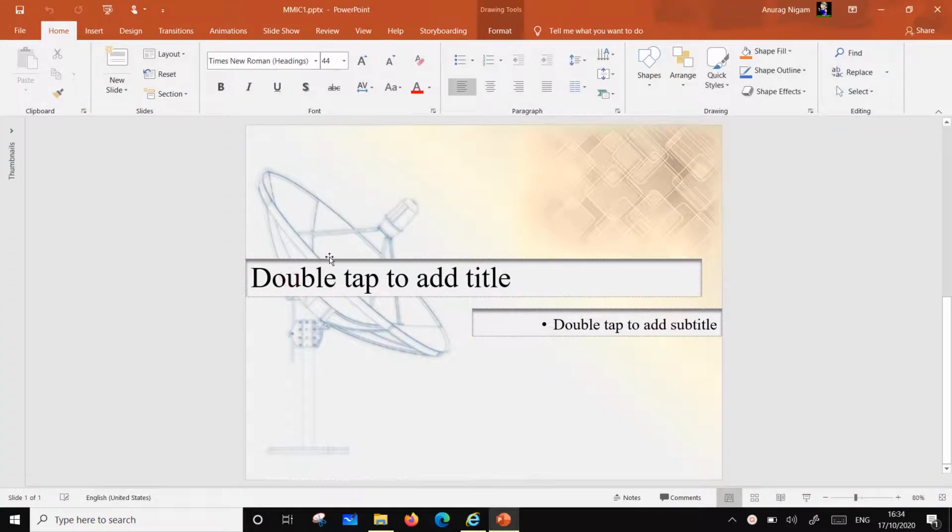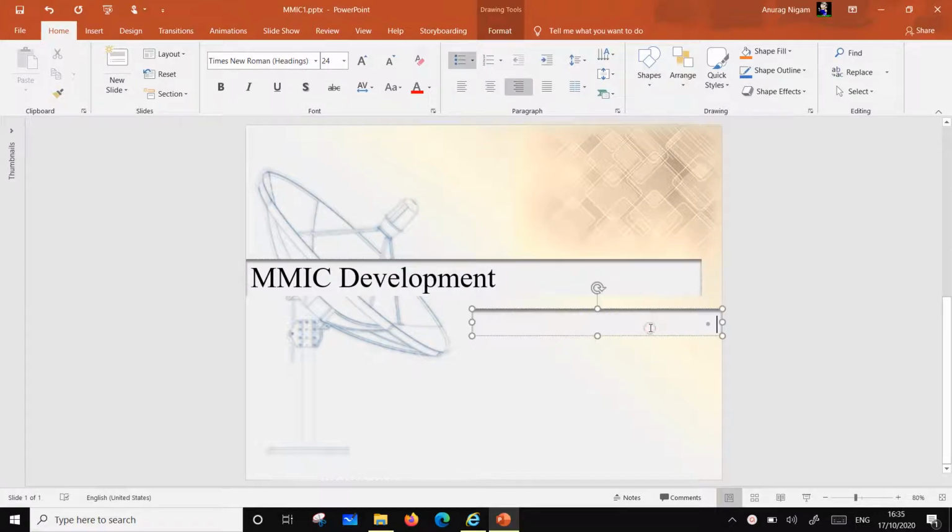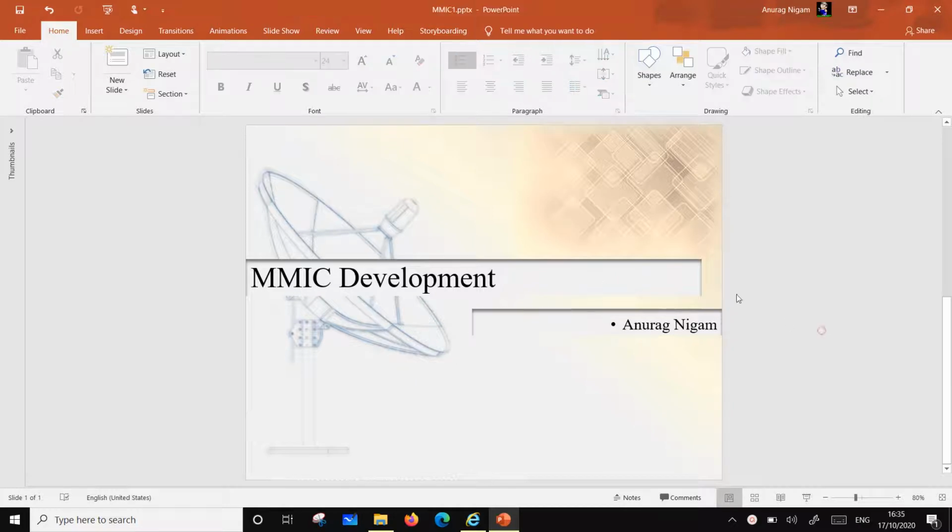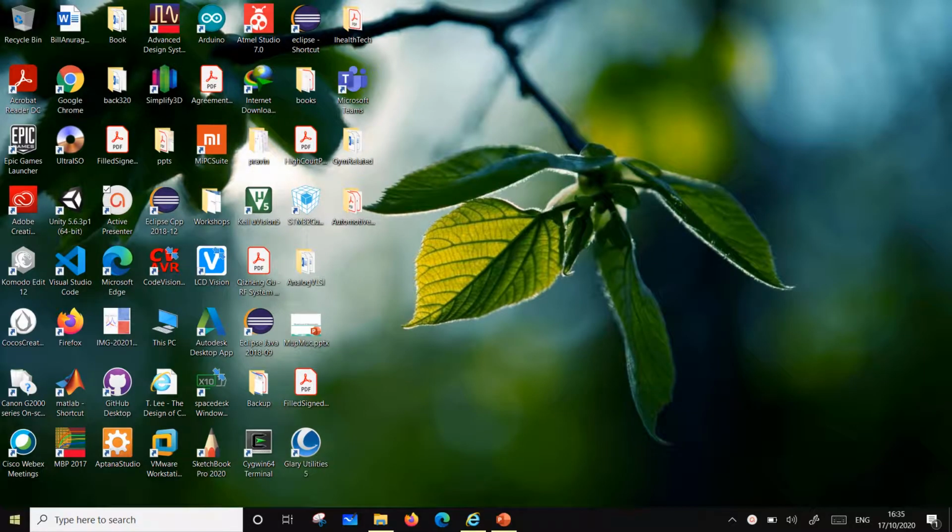Okay, so today we are going to learn the basics of IC design and relate any concepts related to that. So I'm going to document this. Okay, so this is MMIC development. So that's what we are going to do. And for this purpose, I'm going to use ADS for most of our development. Okay, so that being said, let's start with